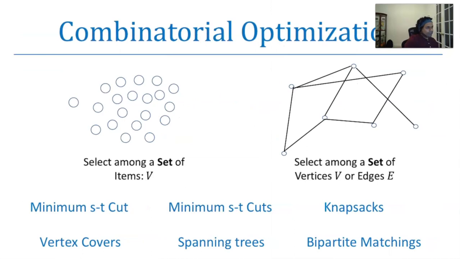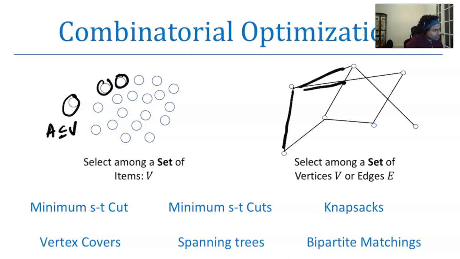The key problem over here is we'll be talking about a class of combinatorial optimization problems with applications in machine learning, right? So essentially, what's combinatorial optimization? The problem here is that we want to select amongst a set of items. So we have a set V, and we take a subset A of items, or we might have graph problems